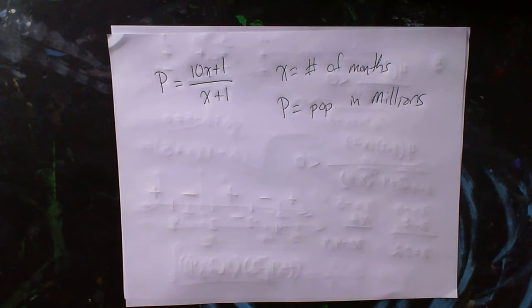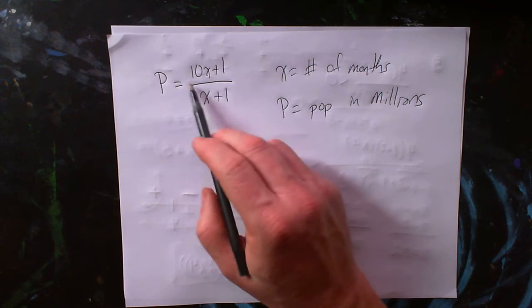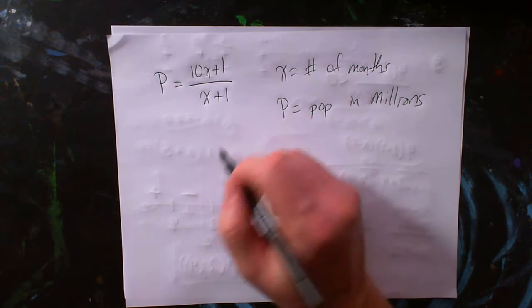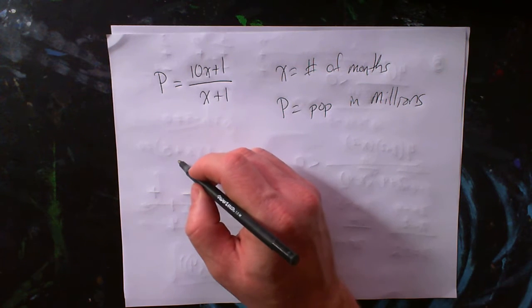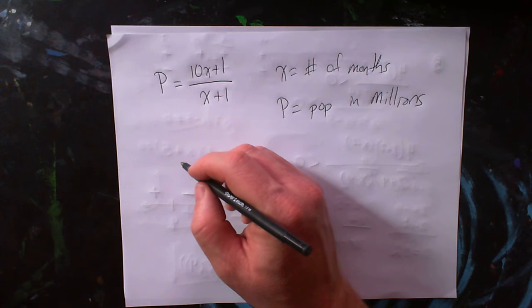Part A says to find and interpret the p-intercept. So the p-intercept is the value of P when x equals 0. So how many termites were there when the